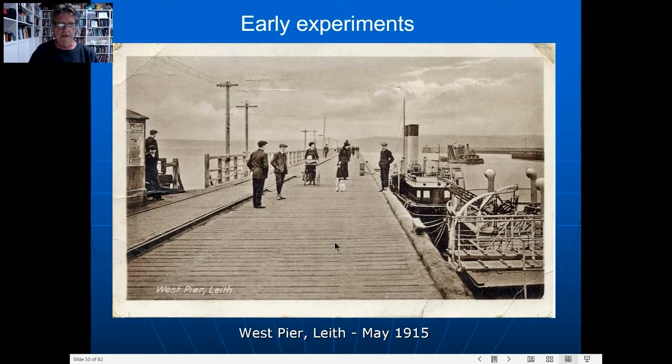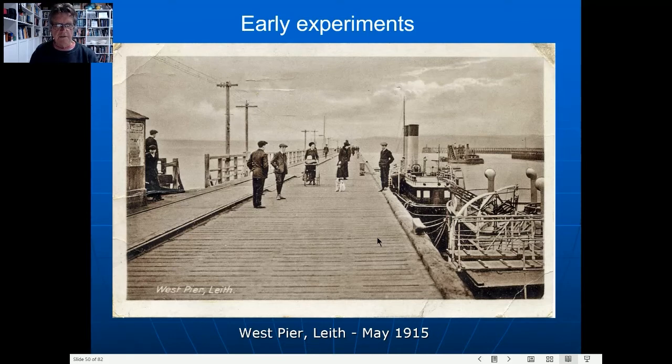Now, here we are. This is in May 1915. So a little bit after that photo I just showed you. This is the West Pier, and you can see ships lined up here. And Mitchell, Alexander Crichton Mitchell, came and stood roughly where this guy is standing here, and had loops of cable in the water, similar to the one that he used in the tower above the physics lab in Drummond Street, Edinburgh. So he took bell wire, which is just a stiff copper wire, very thin, maybe even a 0.5 millimetre diameter wire,